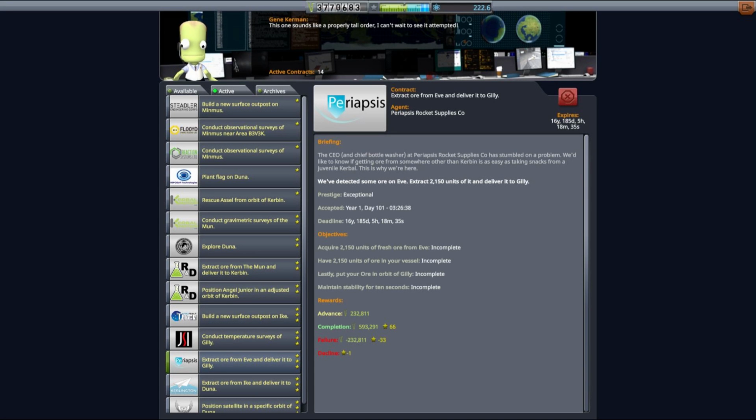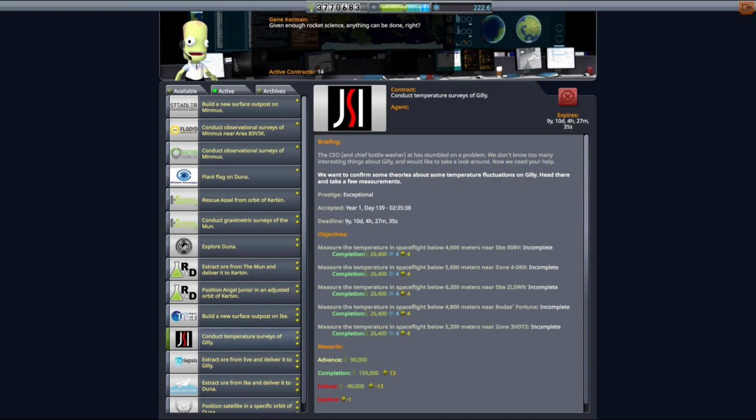And I've also noticed that we had 2 contracts that required mining some ore from Eve and delivering it to Gilly, and doing some Gilly scans, so we'll do that as well. So I needed to equip the ship with the drill and some other things as well. So now we just have to wait until we get that extra money, but don't worry, we have plenty of